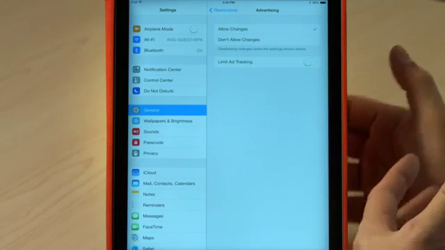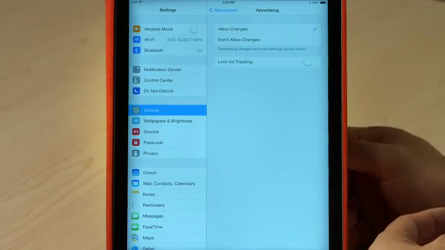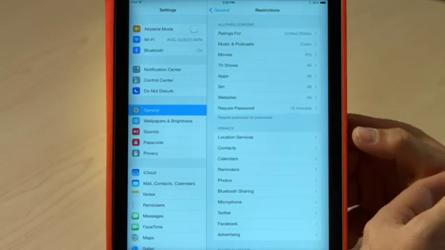So there's some basic safety tips of securing your iPad. I would recommend going through all these different restrictions in your own time and setting this the way you want it to be set. So congratulations, we've set up those basic parental controls and your iPad is a bit safer for your